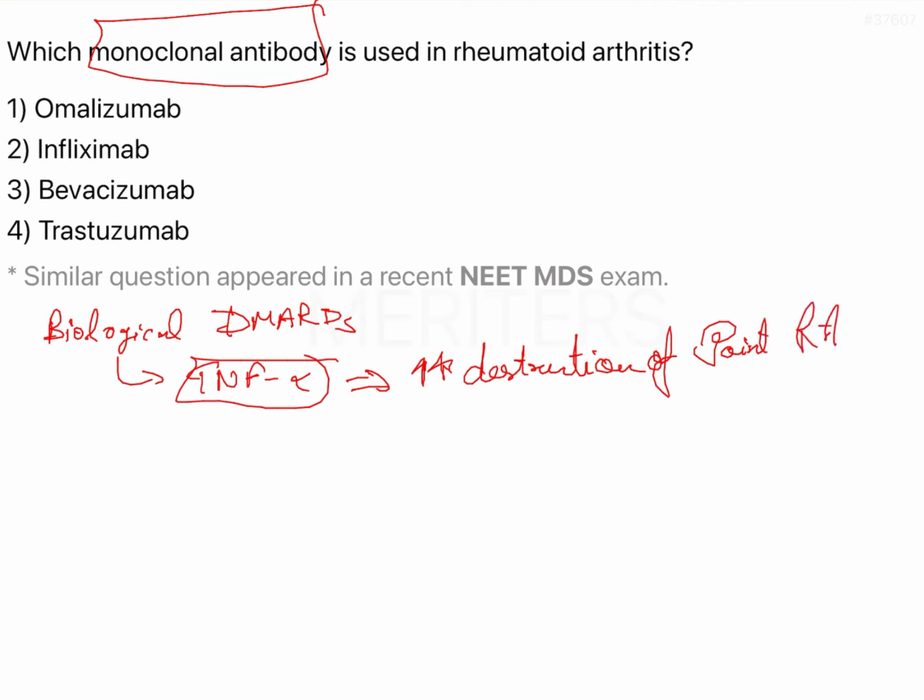Now, what should we do to avoid this TNF alpha? Yes, we can give the TNF alpha blocking agents, right? We call them TNF alpha blockers also. So what are the five very important drugs that we should remember for the TNF alpha blocking agents? I'll just write these names, and all these names are very important. So you have to remember, one is the